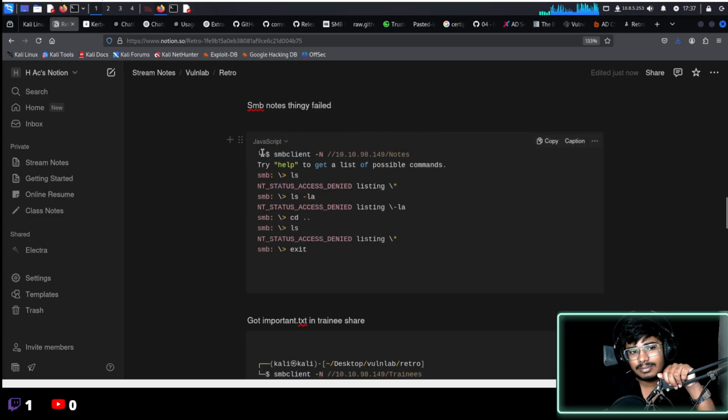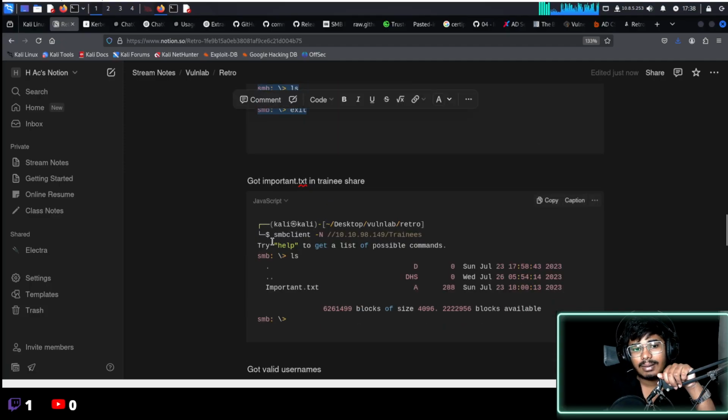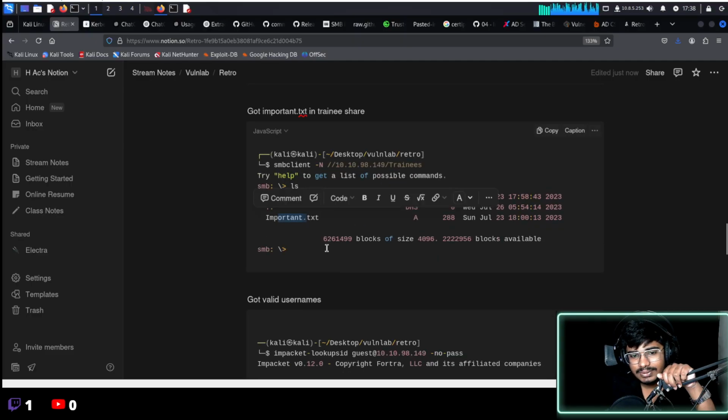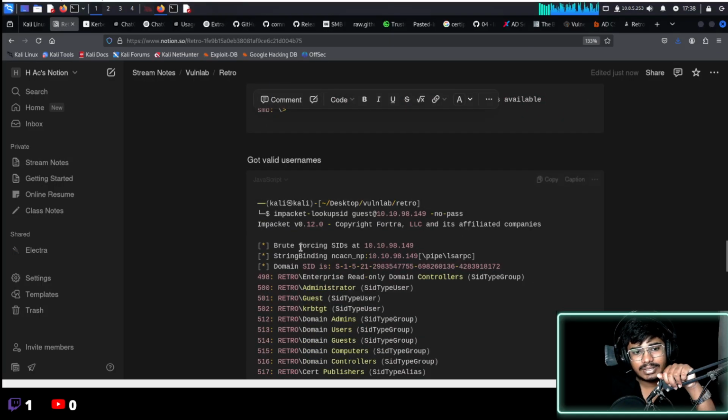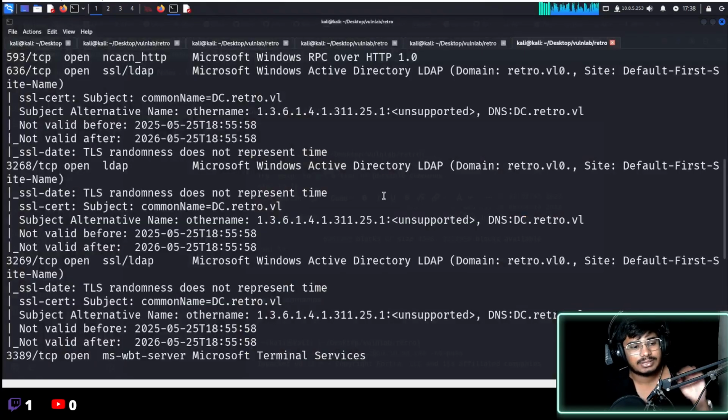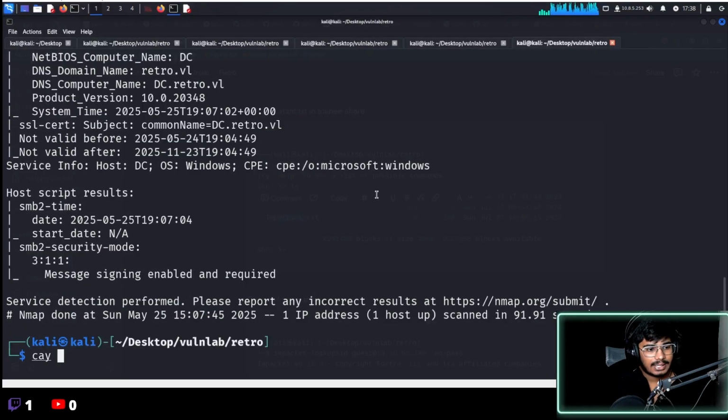In it I was able to access a share called NOTES, and I was able to log in, but I can't list any directories or files in it. But then there was another share called Trainees. In it they had a file called important.txt. You can download this file using get important.txt. After downloading it, you would see something like this: cat